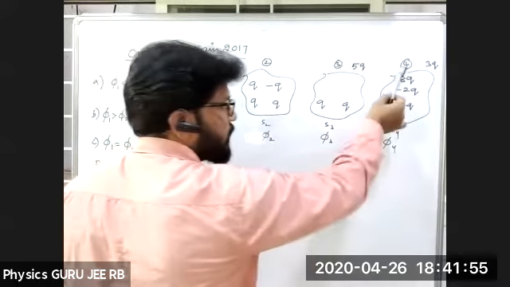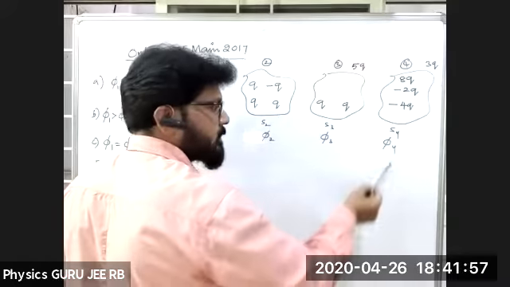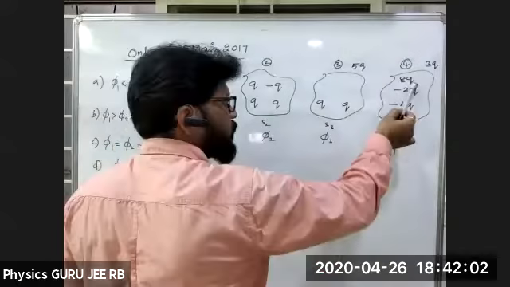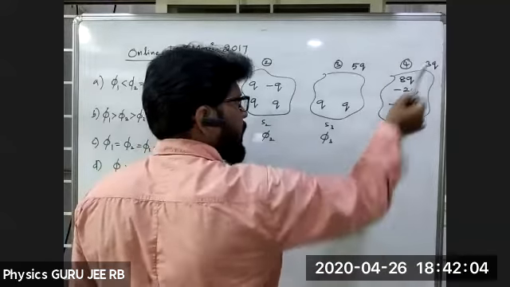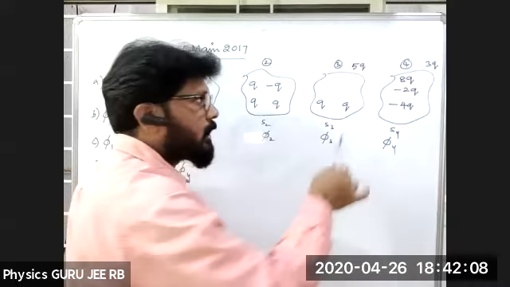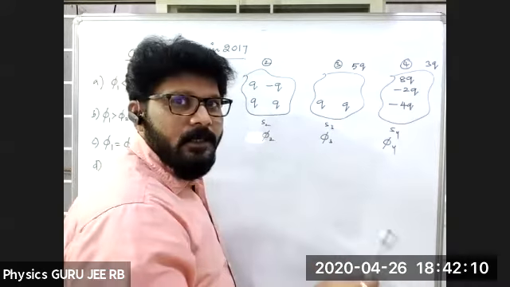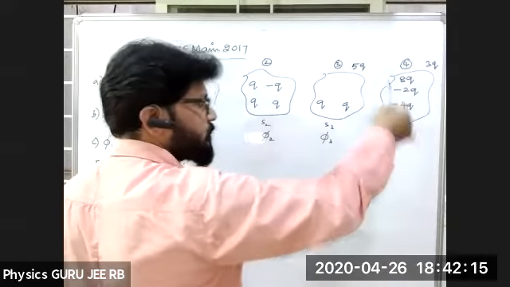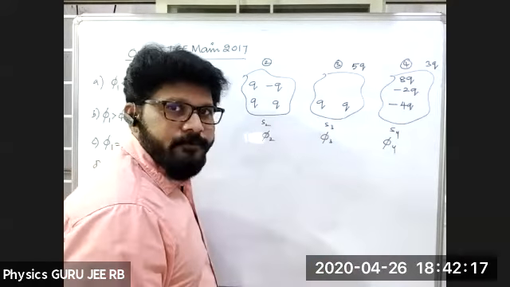Next, let me take the fourth surface S4, and the flux linked with it is phi 4. Inside are 8Q, minus 2Q, minus 4Q, and 3Q is outside. Just now I showed that 3Q outside does not give any flux into this. So the flux due to outside charges into this closed surface is 0.